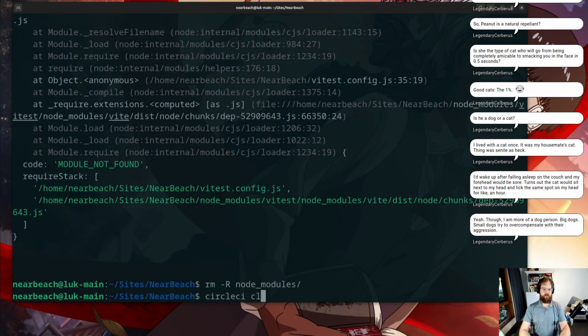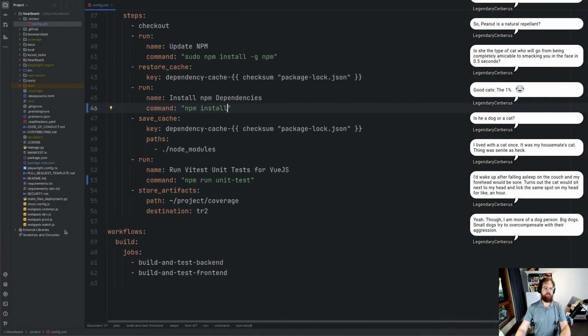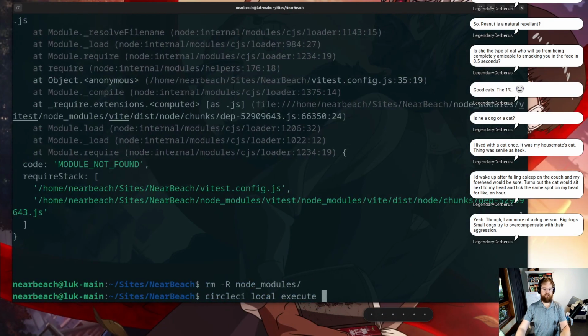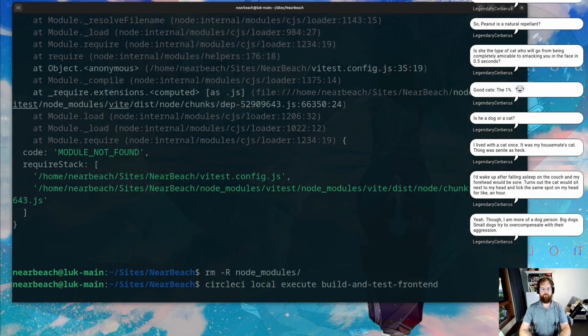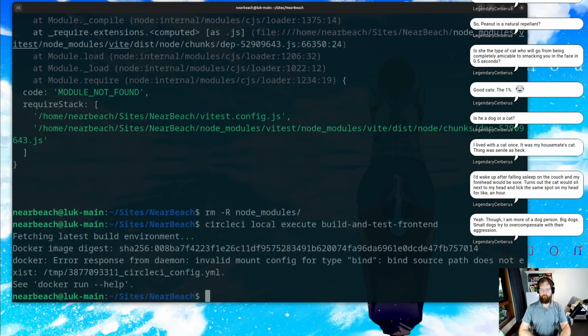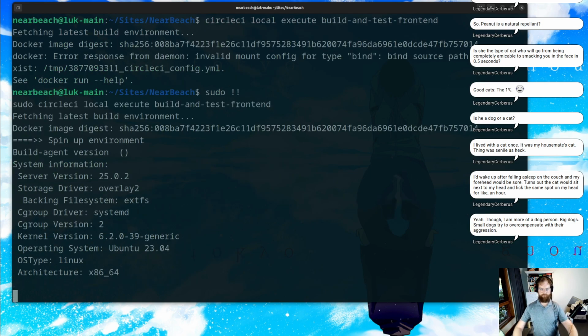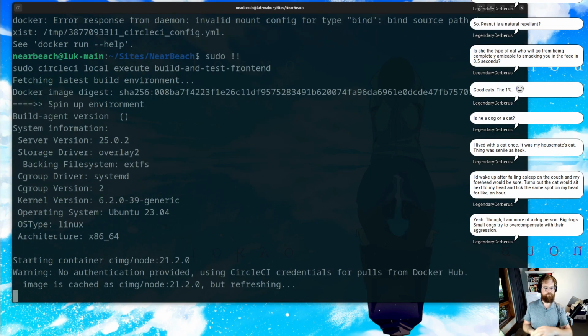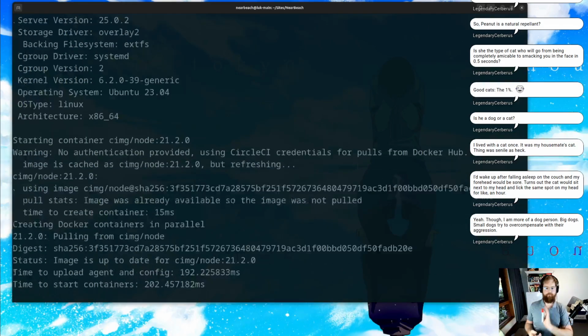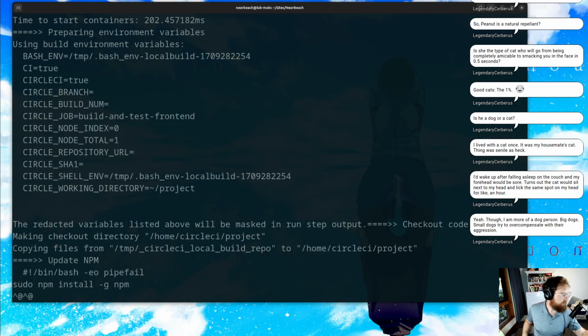Let's go CircleCI, local, execute, and then, what is the thing again? It's called test, build and test front end. And we need to do that as sudo. Okay. Whilst that's happening,